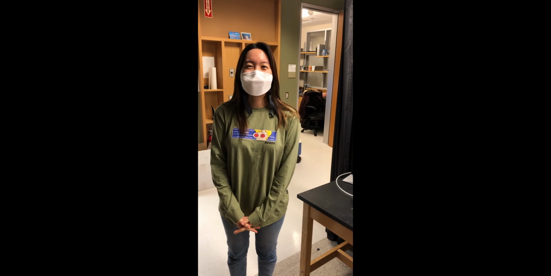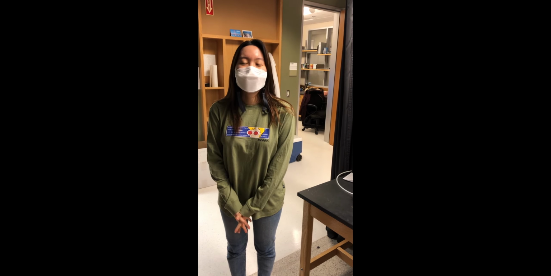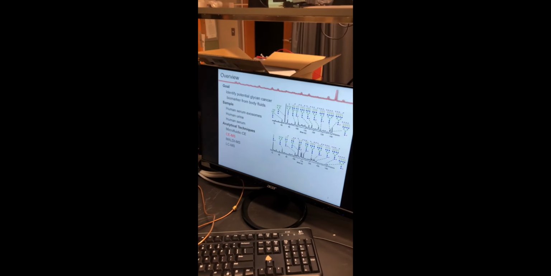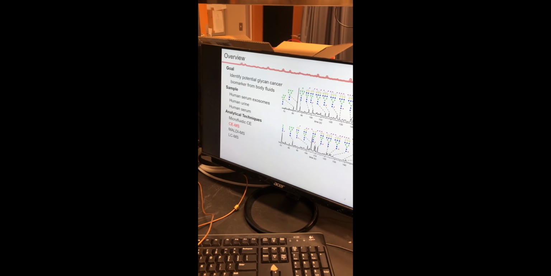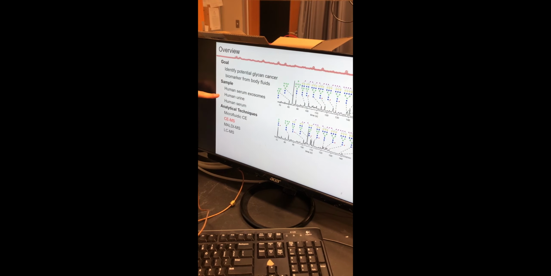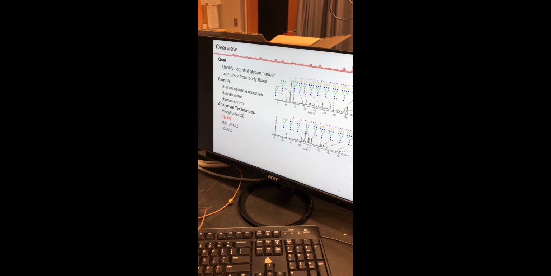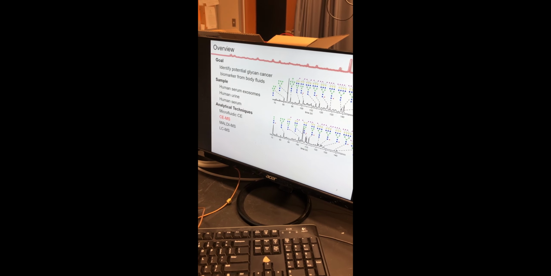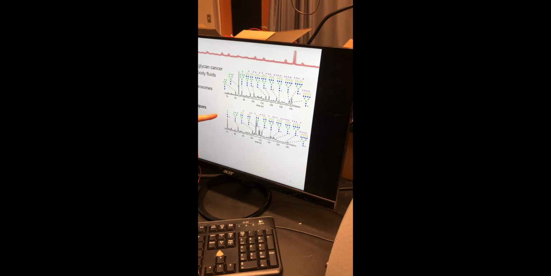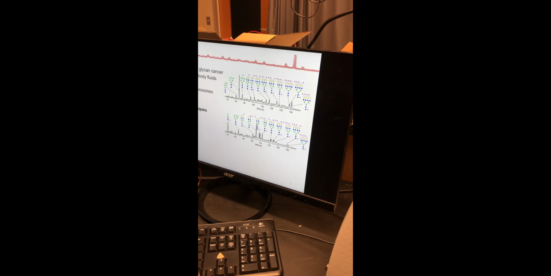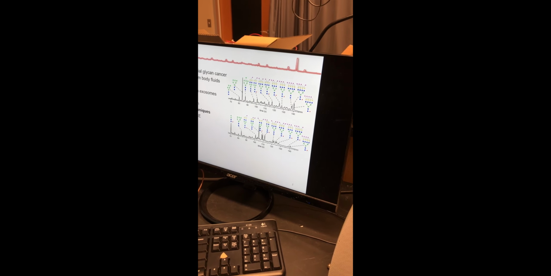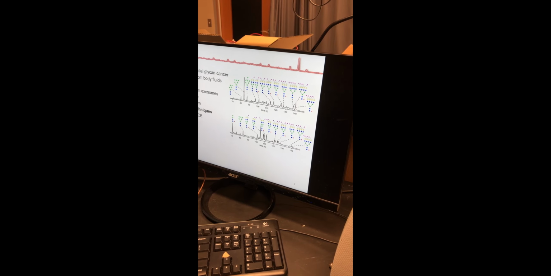Hello, my name is Namyu Lee in Professor Jacobson's Group, and I'm a first-year student doing the glycan project. The goal of my project is to identify potential glycan cancer biomarkers from body fluids. I use samples such as human serum exosomes, human urine, and human serum to get glycan. To analyze the data, I use CE-MS, capillary electrophoresis mass spec. Here's the brief data of the glycan profile obtained from Dr. Warren Song. The key point of this technique is we can separate the isomers of the glycan profile, like